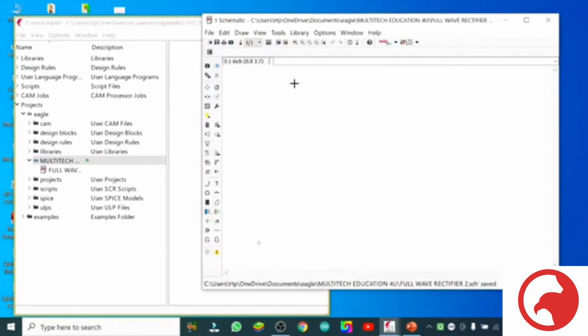So again we are on our schematic folder. And we can go one by one with these symbols. From the symbols we will select the library also, the library from the control panel will appear here if it has all the green dots.